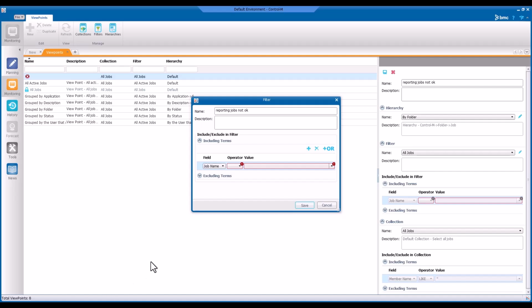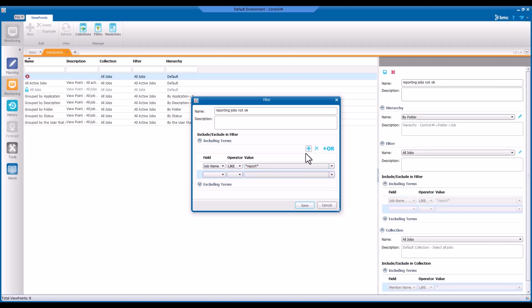And we'll do like, and we'll put report. So that way, any job name that contains report within the name will be included in our filter. And we'll add another filter